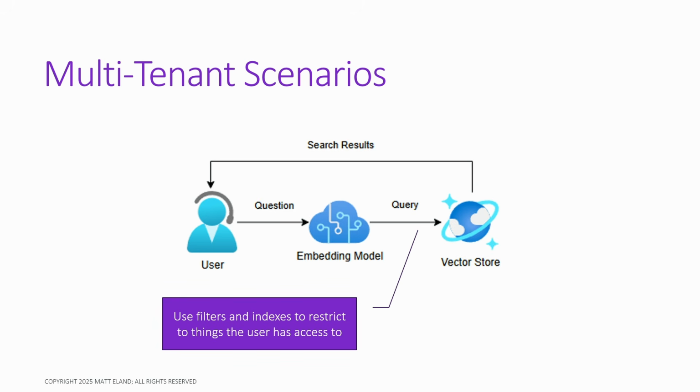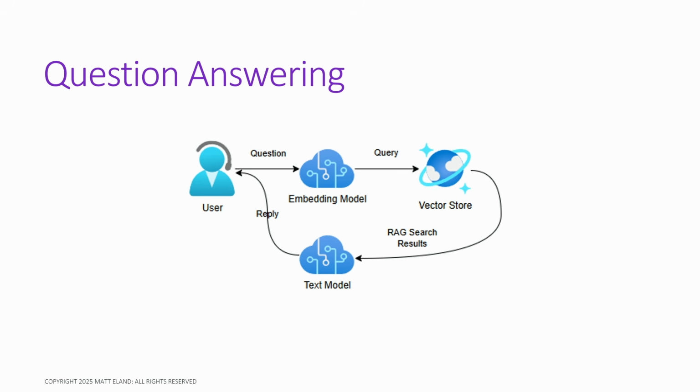Now, being able to search is great, but we also want to be able to have good, fluent conversations. And this is where question answering comes in. So now, when the user asks a question, it's going to generate the embedding out of that question. It's going to compare it with your vector store. It's going to get the most relevant results. And it's going to take those relevant results and send them to a large language model along with your user's original question. And that LLM is going to say, hey, based on this question and based on these results, here's what I think your answer is, and it'll give back to the user a reply in clear text, which is great,